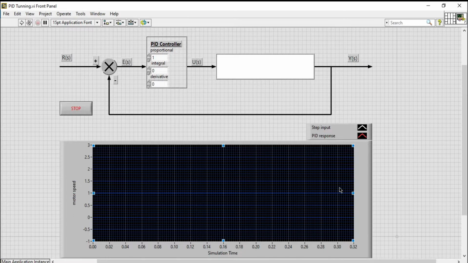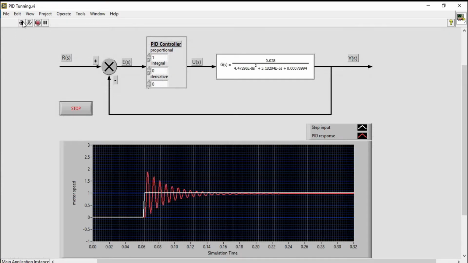According to Ziegler-Nichols, which is a trial and error method, but a better method. In this method, first of all you have to set your proportional controller value, that means the KP value, to 1, and then run.